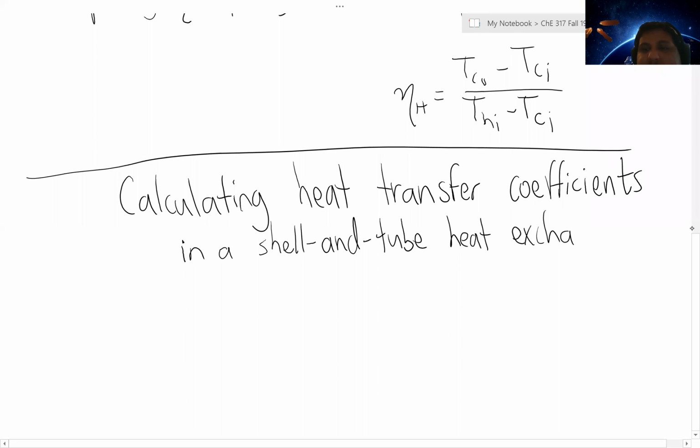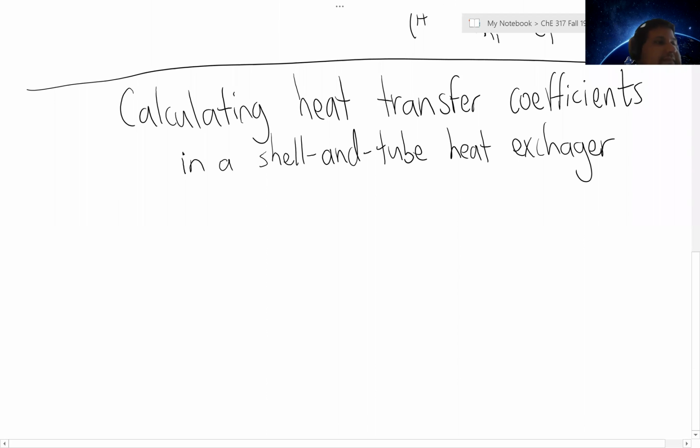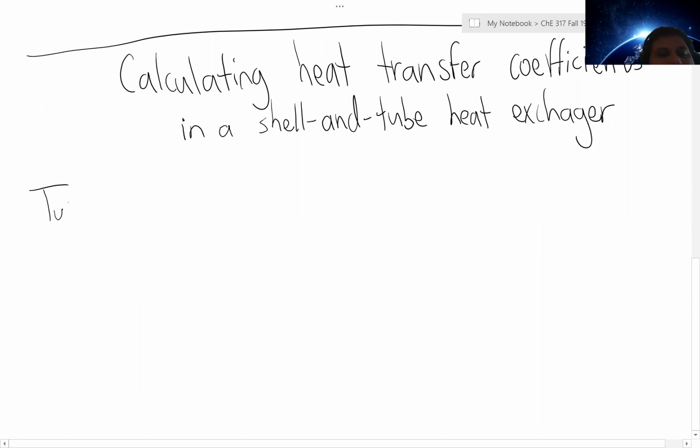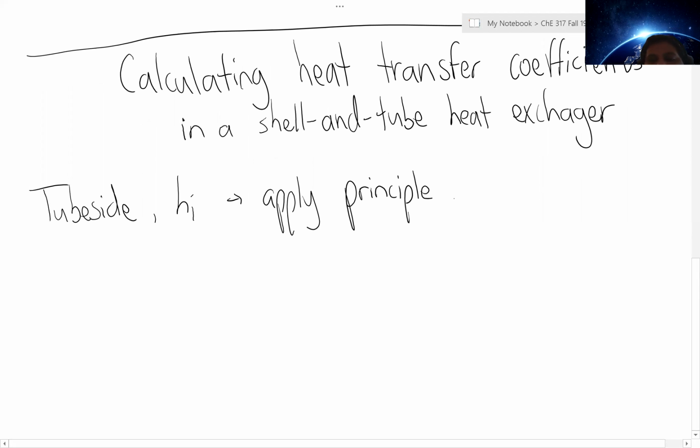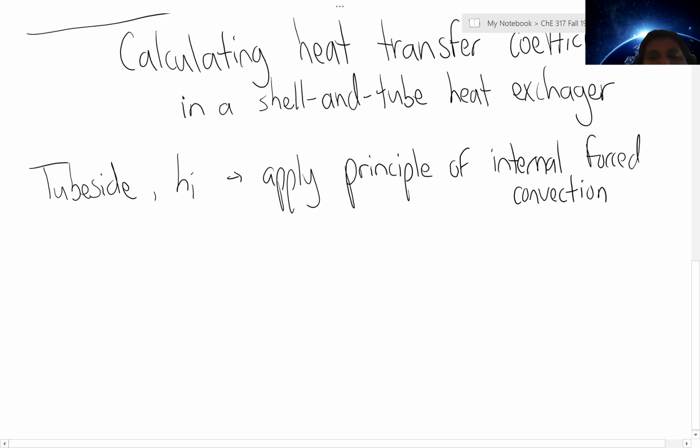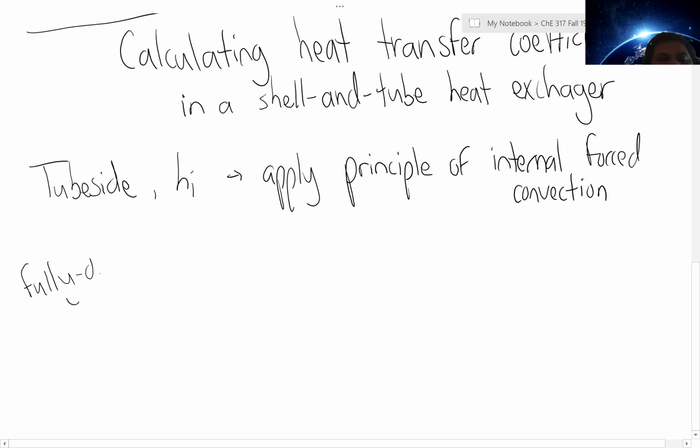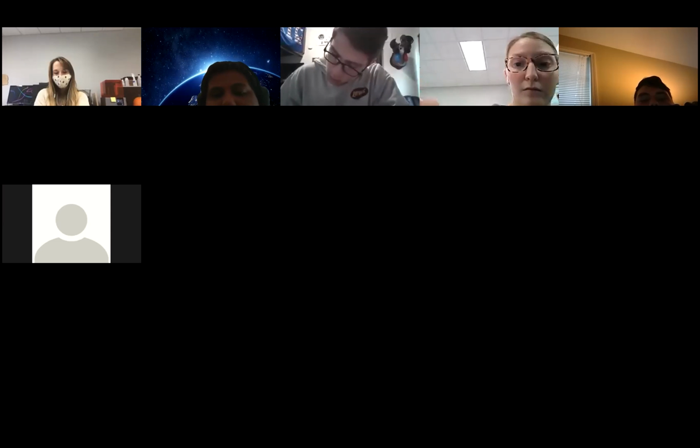All right, so we're going to look at calculating heat transfer coefficients for a shell and tube heat exchanger. And so when we're looking at the tube side, we're typically counting h sub i, or the inside heat transfer coefficient. In here, we can apply our principles of internal forced convection. Meaning, if we have fully developed turbulent flow,